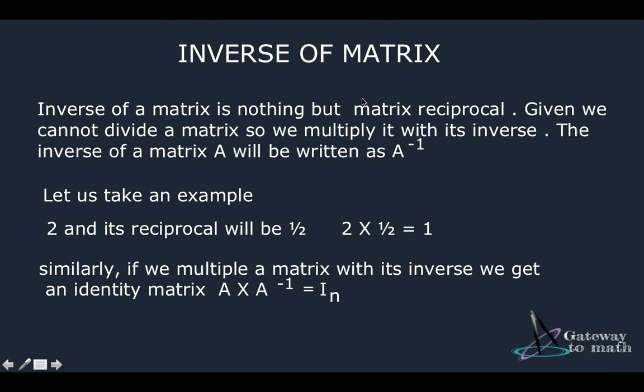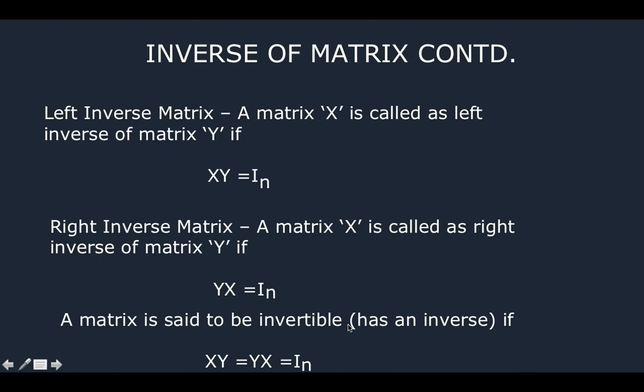Then comes inverse of a matrix. Before we understand inverse, let's just quickly understand what a reciprocal is. So a reciprocal of 2 will be 1 by 2, and then the 2 and 2 cancel and we get a 1. Similarly, in matrices, it's not possible to divide a matrix by itself to get an identity matrix. So what do we do? We multiply it with an inverse, and then it gives us an identity matrix. So when you multiply a matrix with its inverse, denoted with a -1 on top of the original matrix name, it gives you an identity matrix back.